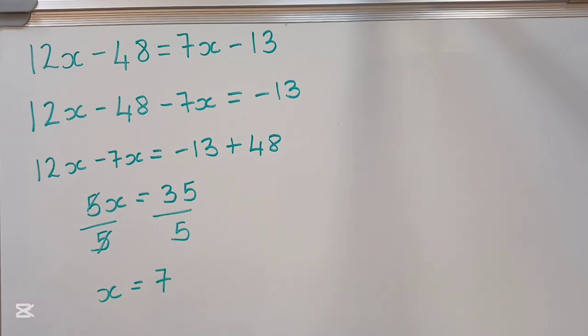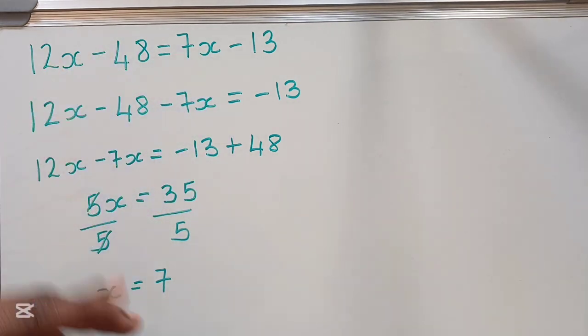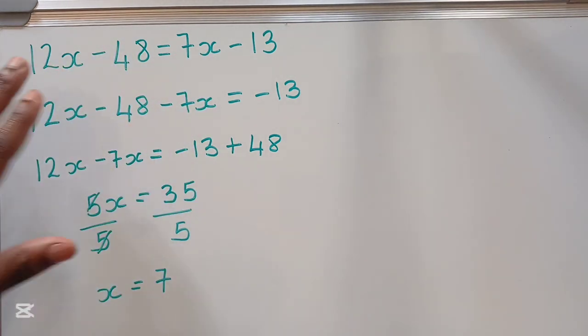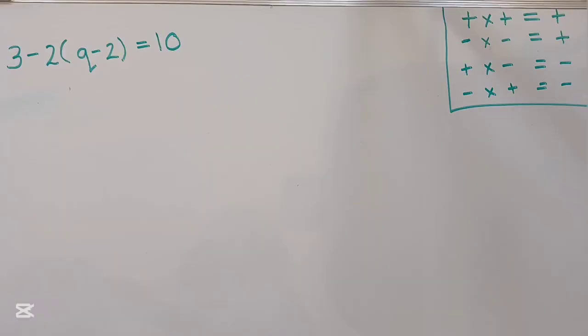And if you want to verify, just substitute 7 in the original equation. Substitute 7 here and 7 here. And if you get the same answer on both sides of the equal sign, that means that 7 is indeed the value for x. In this next equation, we have 3 minus 2 open bracket q minus 2 close bracket equals